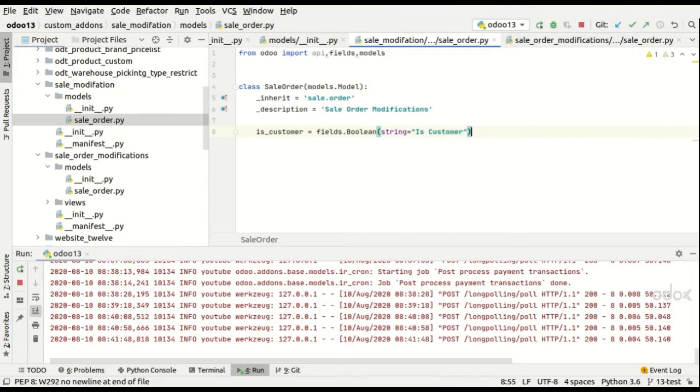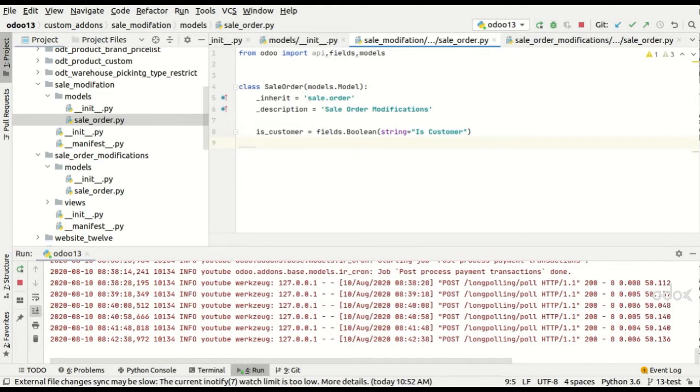Now I'm going to add one more field just to let you know how to place these fields, or you can add fields of different types like boolean, text, char, then selection field. I'm going to add a selection field here to make it more clear.